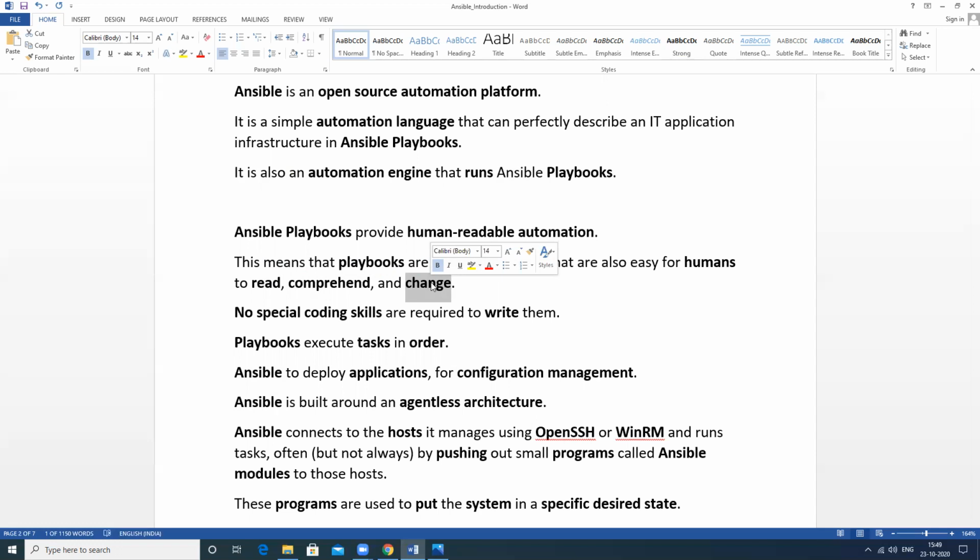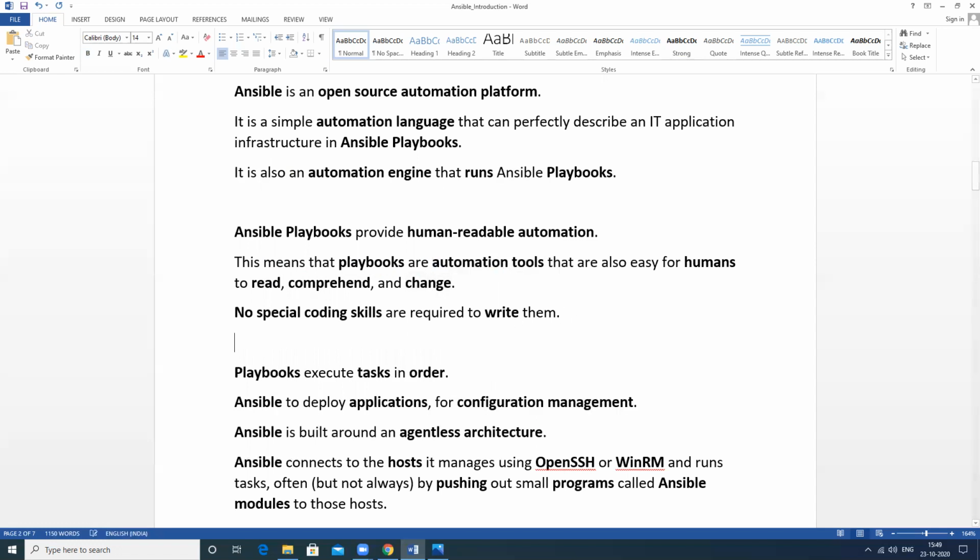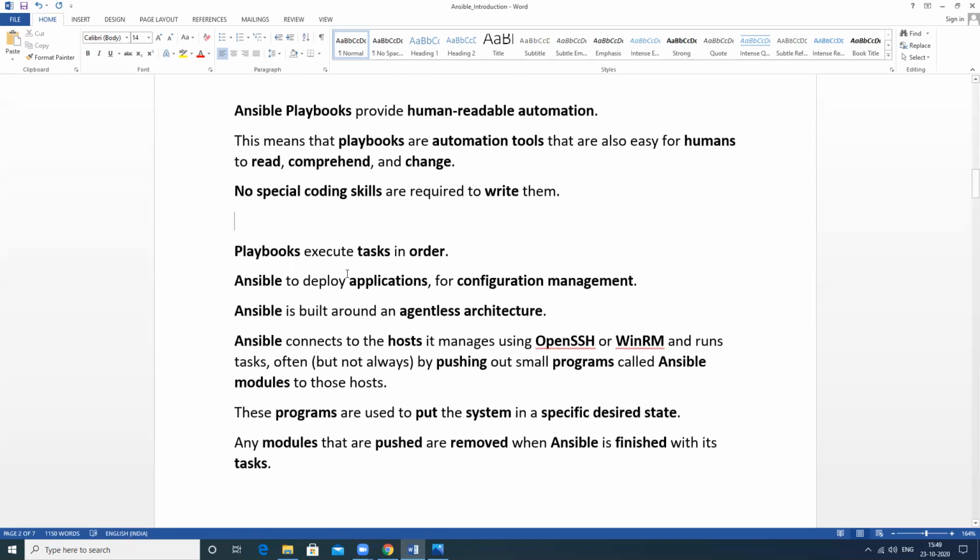There is no need to learn coding to use this language, because we just write playbooks to execute our tasks. So we can perform any type of application deployment and any type of configuration management task.